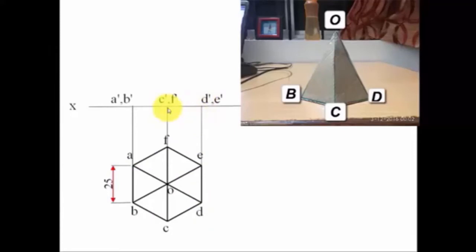Okay, now in the front view, you will see the height of the hexagonal pyramid, which in this case is 50 millimeters, something like this. And from this point, you need to go upstairs by an amount of 50 millimeters. That's exactly what is supposed to be done.